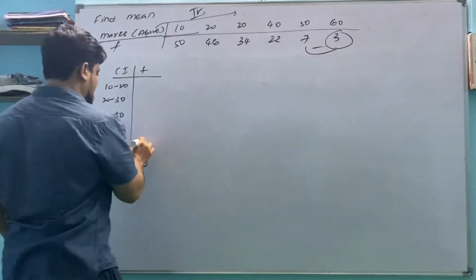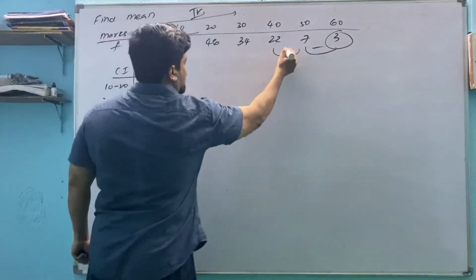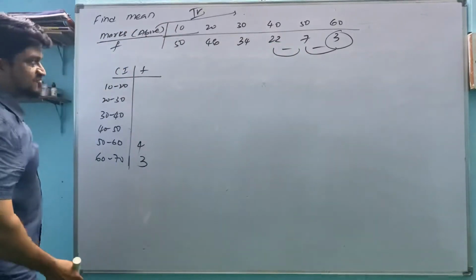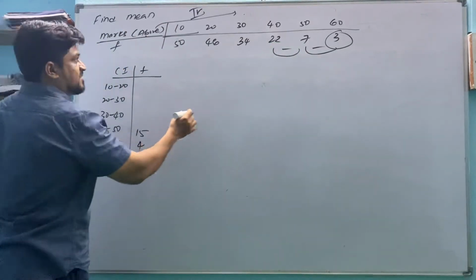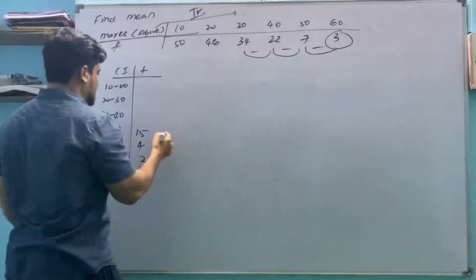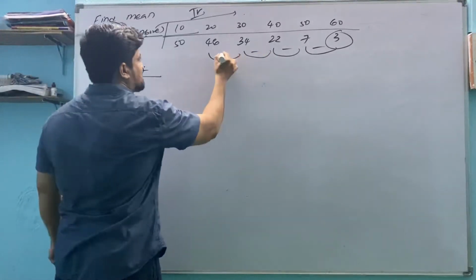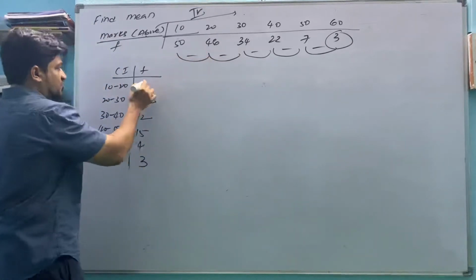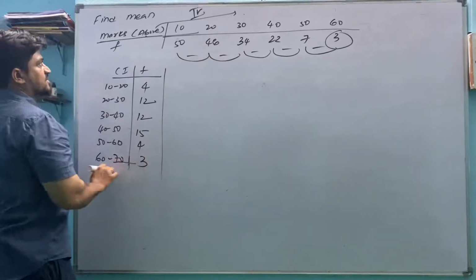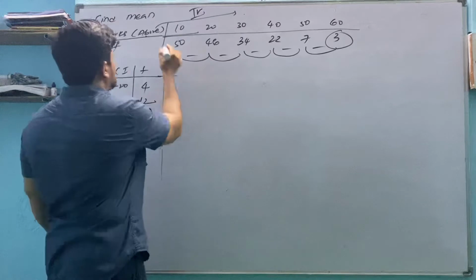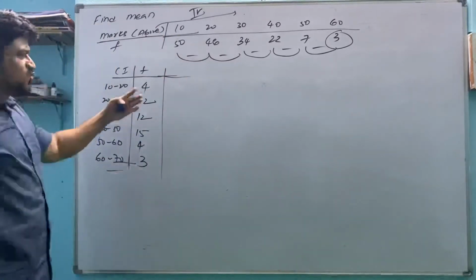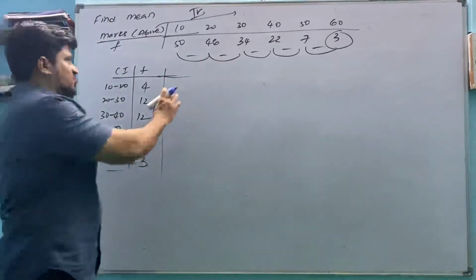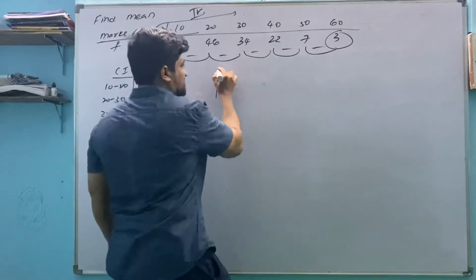7 minus 3, 4. Then this subtraction: 22 minus 7, 15. Then 34 minus 22, 12. 46 minus 34, 12. 50 minus 46, 4. Suppose then to find the mean, what will we do? Xi, Ui, Fi, Ui, that process. Whatever question is asked, if the question is in this way,